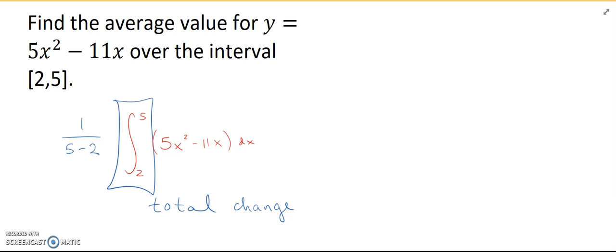Yep, that's it. So the one that was in the packet during class today, it said, here's the average value. It's 33. For this one, it would be times 1/3. For the one that was actually in the packet earlier, I said the average value is 33. So we set this whole thing equal to